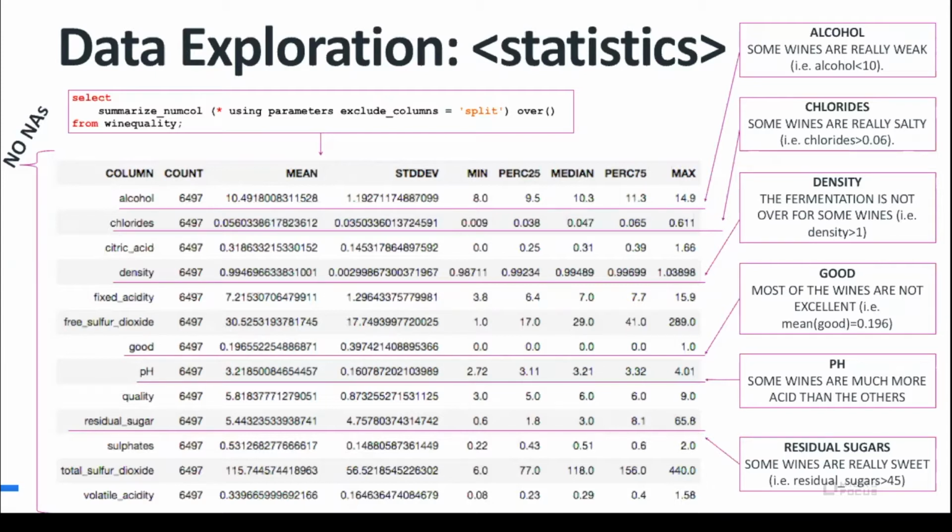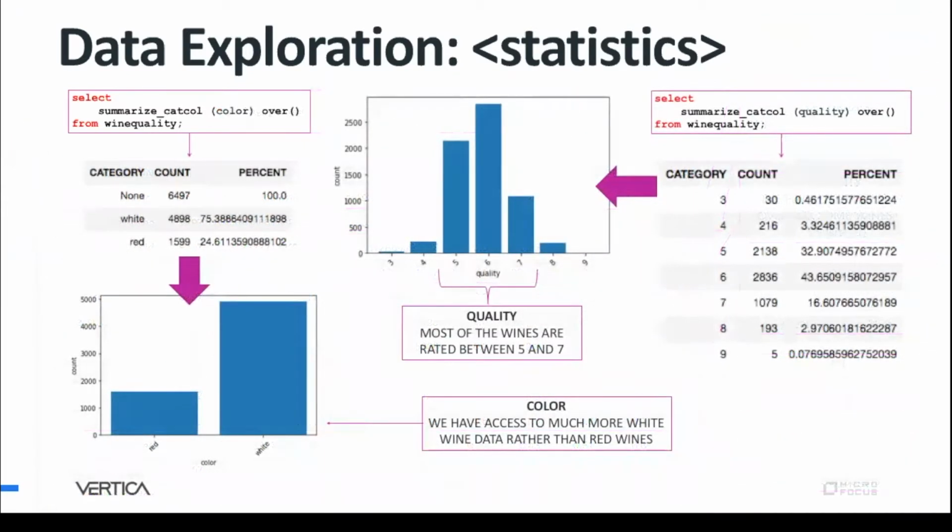The density can be really low for some wine, which means that the fermentation is over, but for some others, the fermentation is not over, so we cannot use them for the prediction. So we need to understand the data, and we have other components. So having this kind of function can really help for the data exploration, and you can do it with one line of SQL. When we use summarize cat column, another functionality for categorical columns,